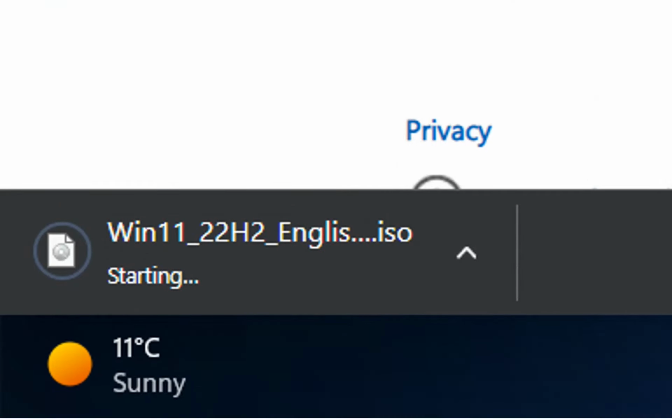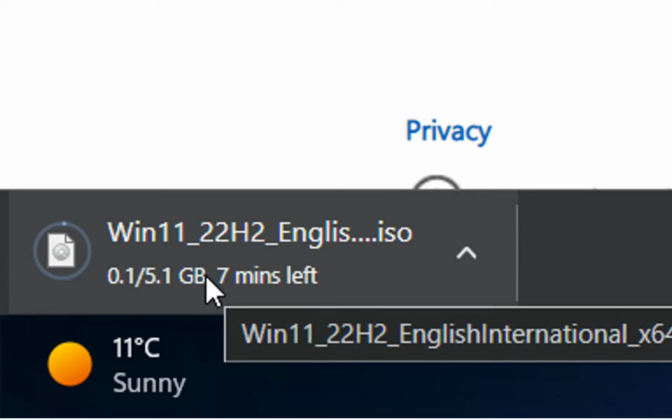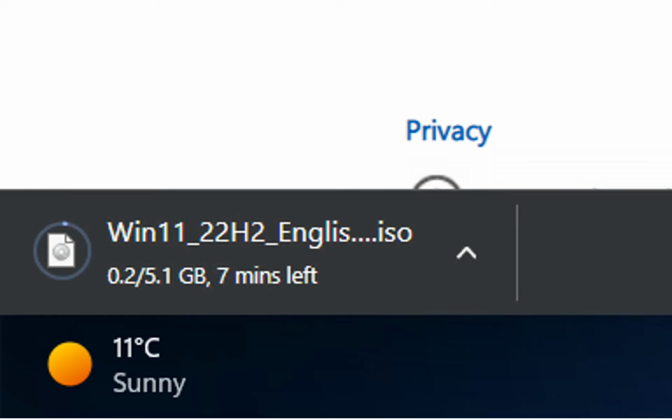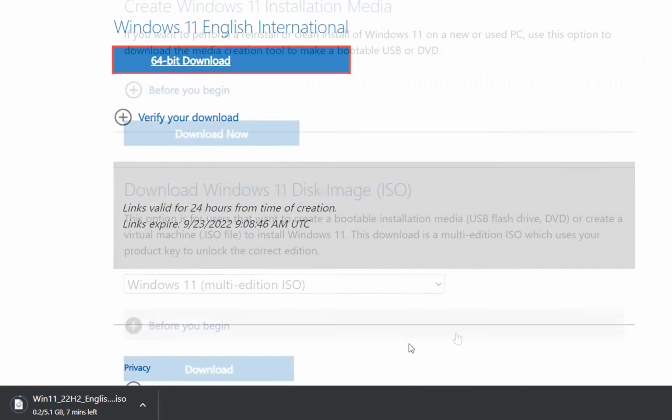After you have downloaded this file, you can update your PC to this latest version of Windows 11, or you can use this ISO file to create a bootable USB and to install Windows 11 22H2 version on any PC that you want. That's all that I want to show you